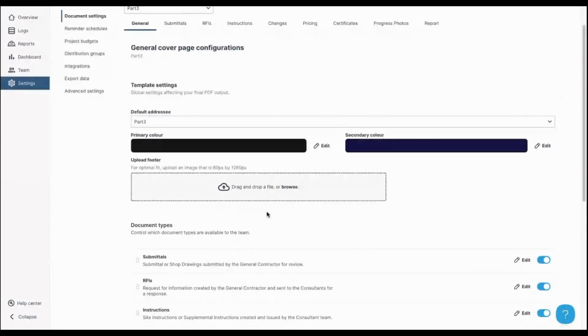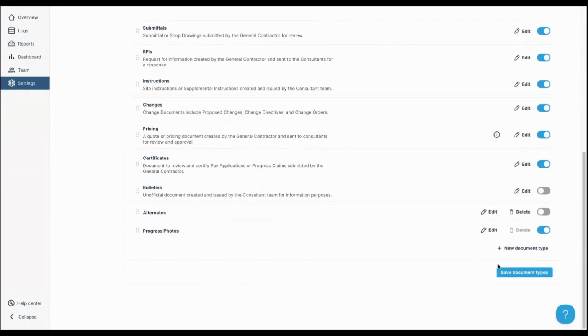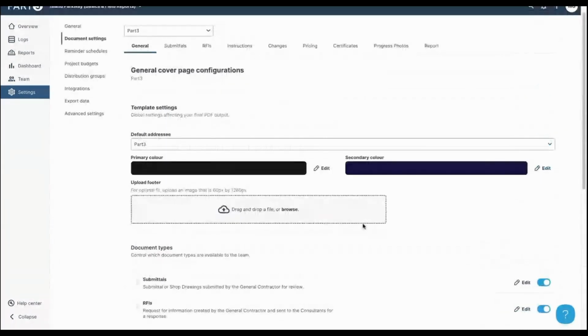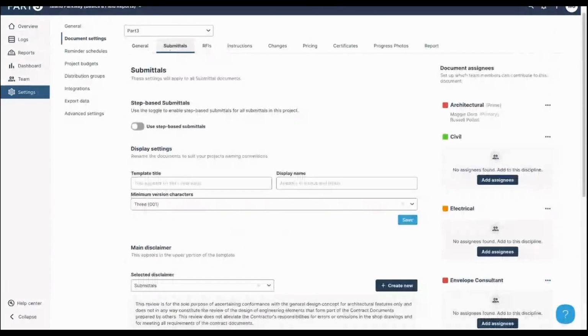you have one, and you can control which document types are available on your project. So this is what we saw earlier when we were creating the projects, and I said you could always modify that later. Moving over to the submittals tab, this is where we can change the document display name if you